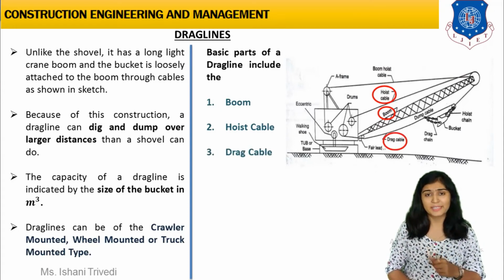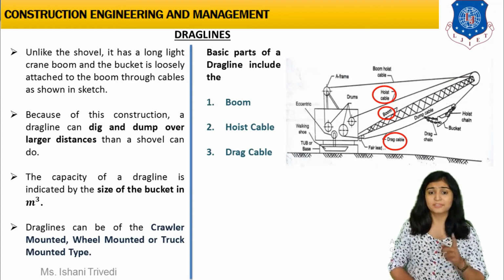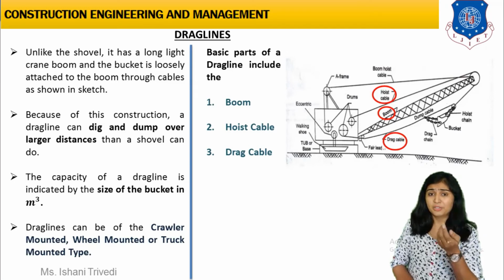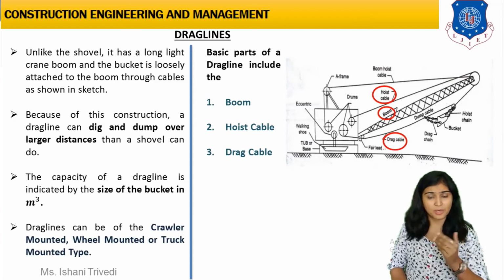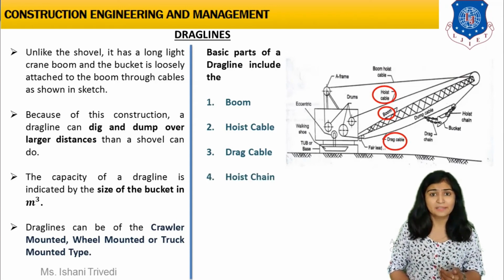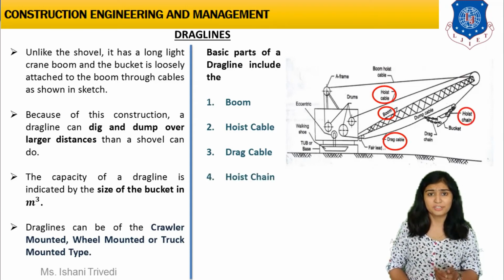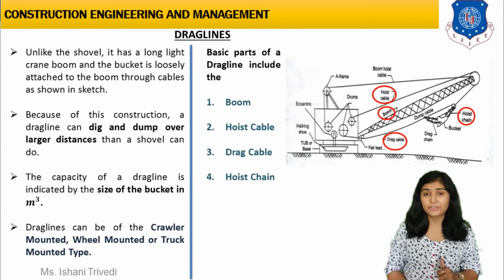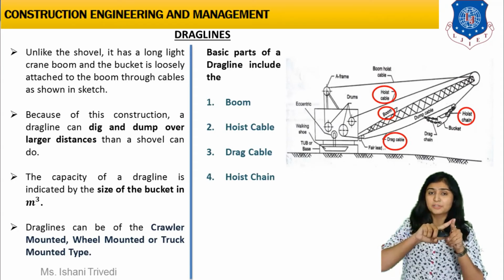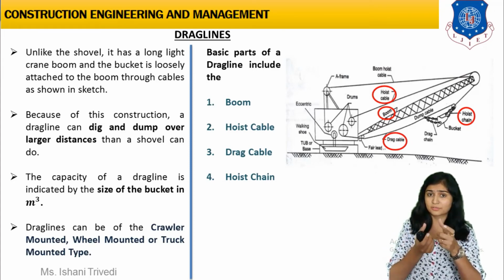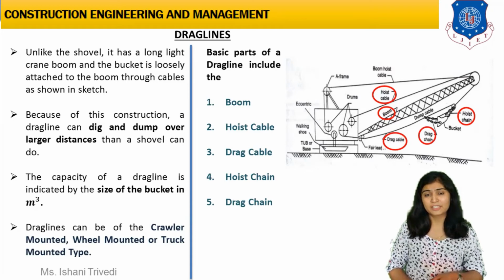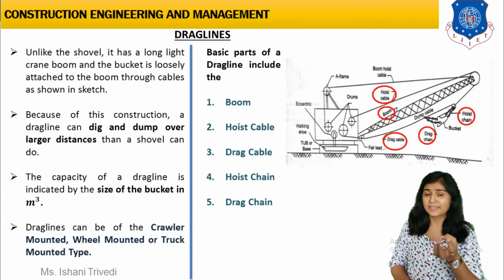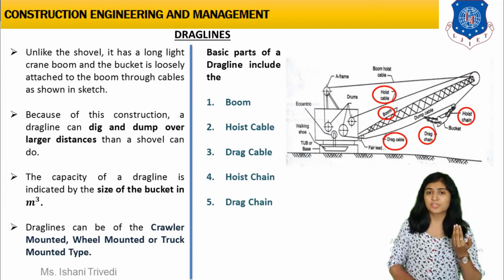Next we have is drag cable. Can you see it is highlighted in front of you? Yes, so the drag line, right? The drag cable, meaning when you are going to perform the dragging operation, it will be done with the help of the cable which is mounted with the bucket, that is your drag cable. Next we have is hoist chain. It is highlighted again in front of you. Hoist chain will be connected to the hoist line for suspending the bucket, that is your hoist chain. And next you have is drag chain. It will be attached with the drag cable so that you can perform the dragging operation.